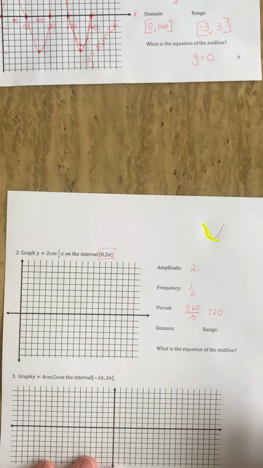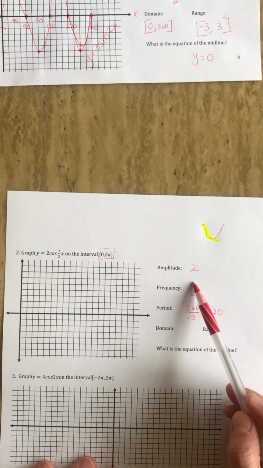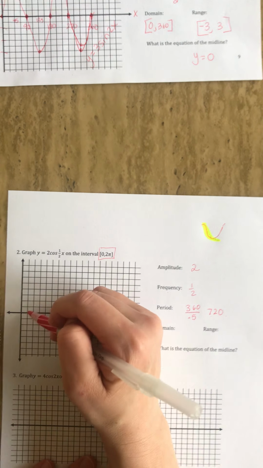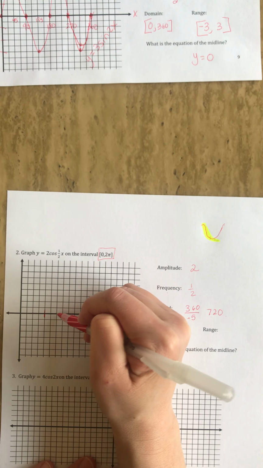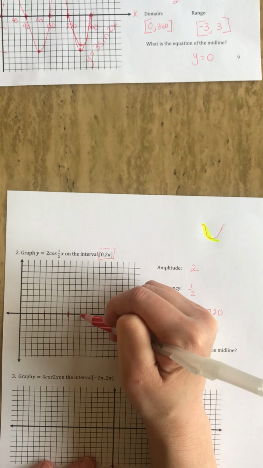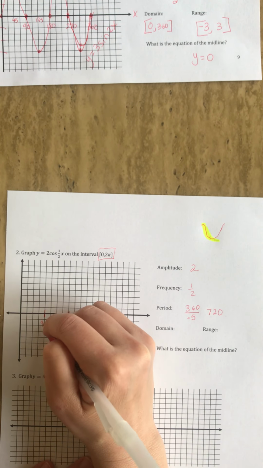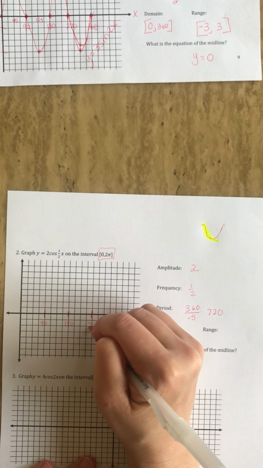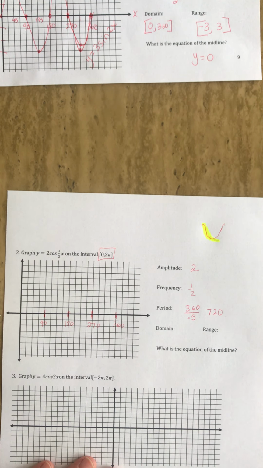We are not going to 720 degrees. That means we're only going to see half of the cycle. So I'm going to count by 4s: 1, 2, 3, 4. 1, 2, 3, 4. We're going to go ahead: 90, 180, 270, 360. And we know that we're going to go up